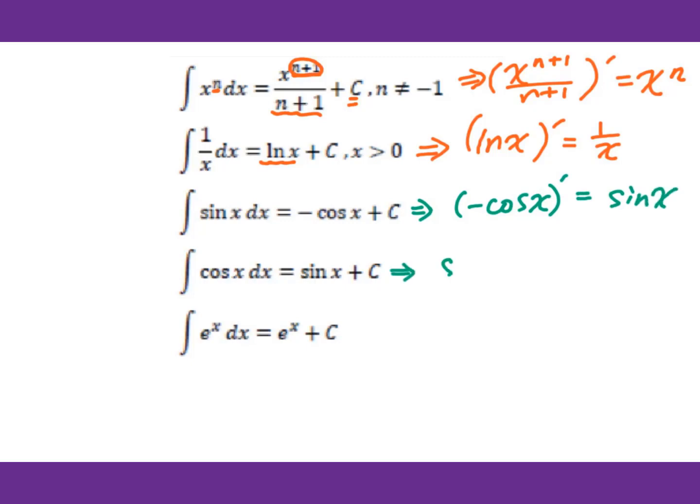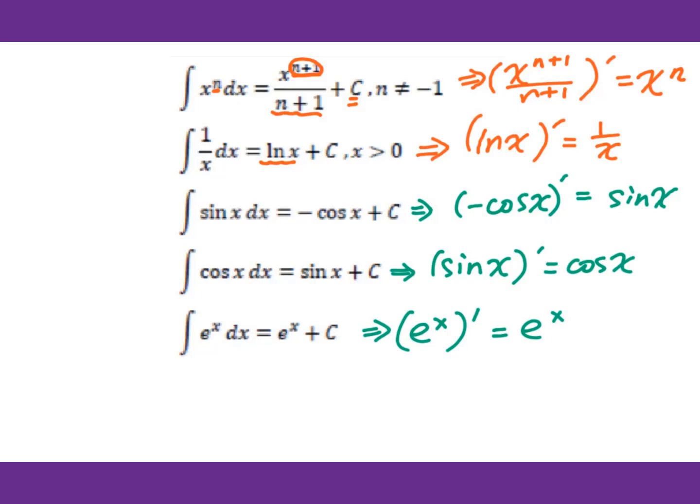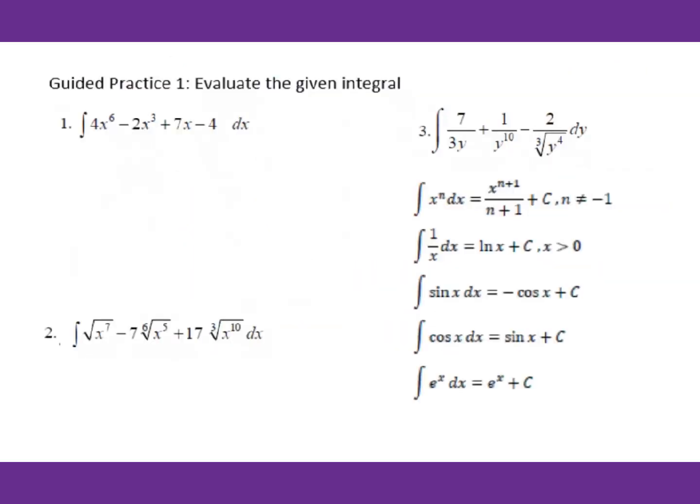And for this, we know that it's sine x. When we do the derivative, we get cosine x. And the last one is e to the x power. When we do the derivative, it equals e to the x power. So for number 1,